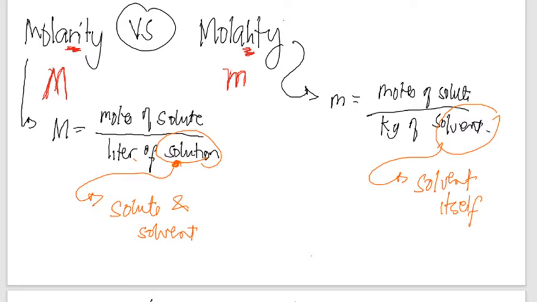Okay? So, in expressing concentration, it's not only molarity and molality. We have many more we can go into, like normality, osmotic pressure, and so on and so forth. Now, molarity is